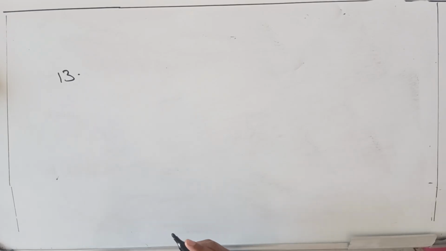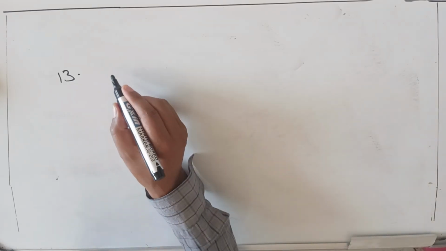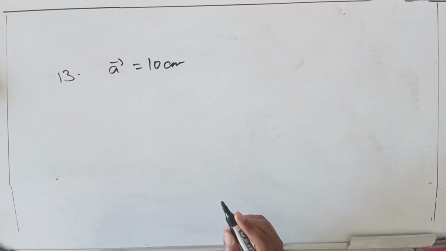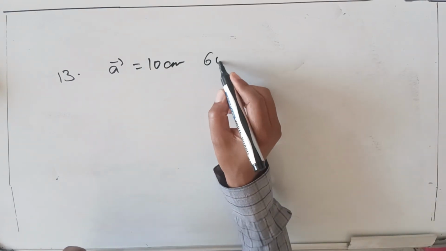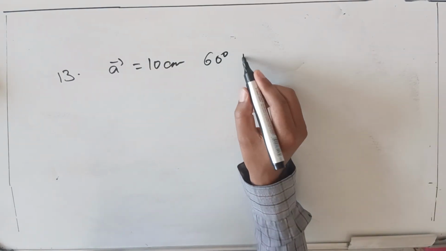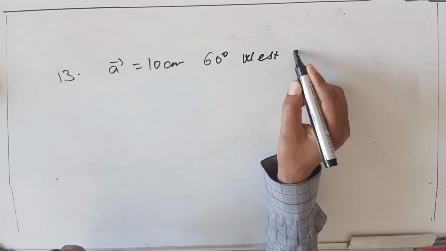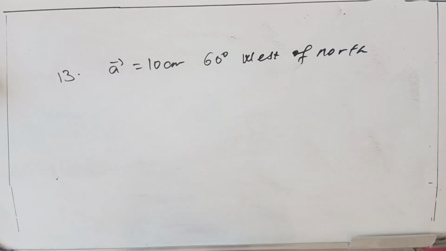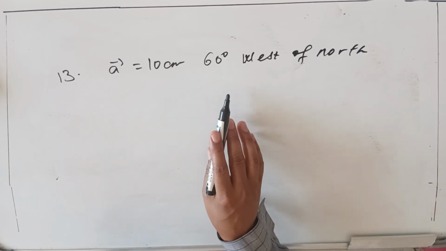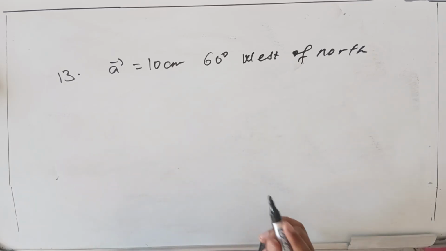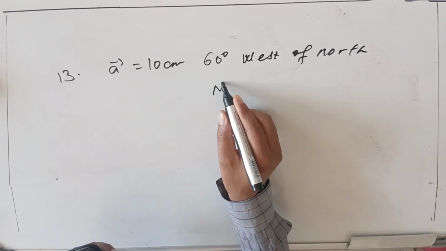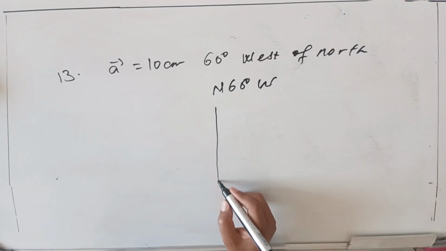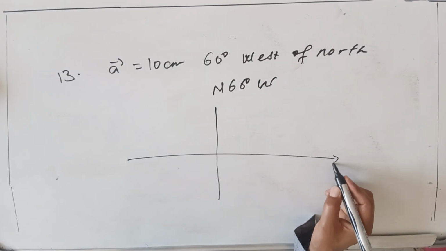Last question is question number 13. Okay, find the component form of a vector whose magnitude is 10 cm. Let that vector is vector a ቢሆን 10 cm in the direction of 60 degree west of north. ምን ማለት ነው ይሄ 60 ዲግሪ ዌስት ኦፍ ኖርዝ ማለት 60 ዲግሪ ዌስትዋርድ ፍሮም ኖርዝዋርድ that means ኖርዝ 60 ዲግሪ ዌስት ማለት ነው። ስኬች ስናደርግ ደግሞ that is on the plane ላይ ስኬች ስናደርግ